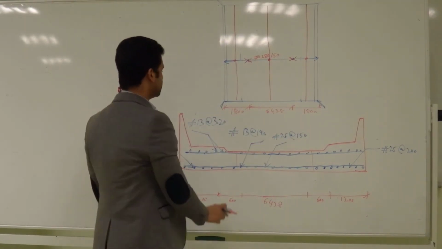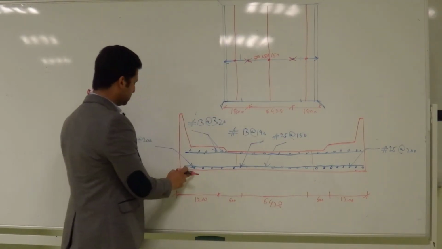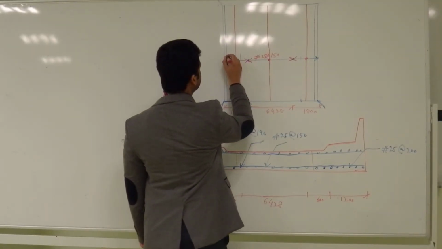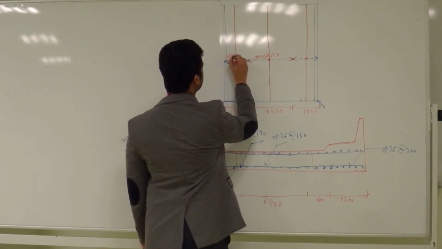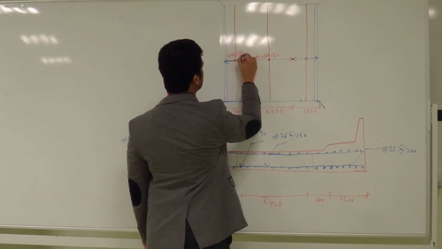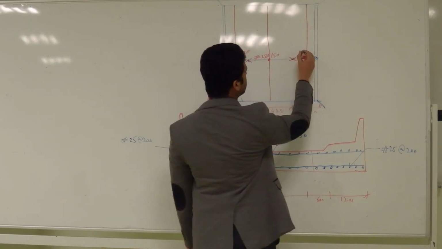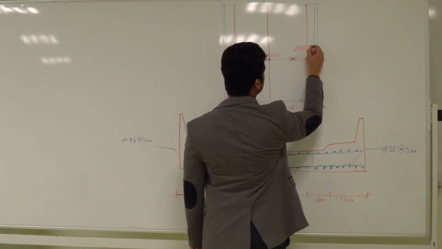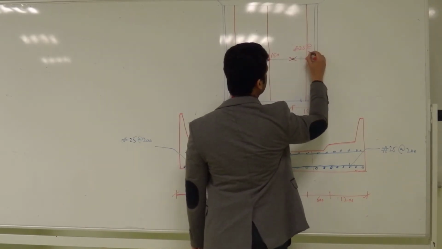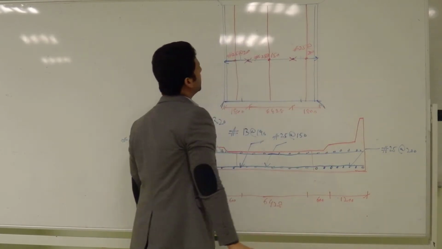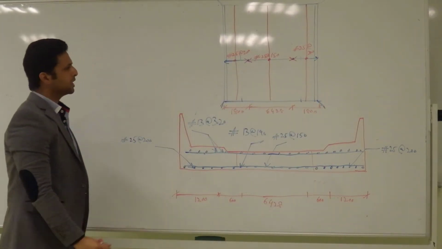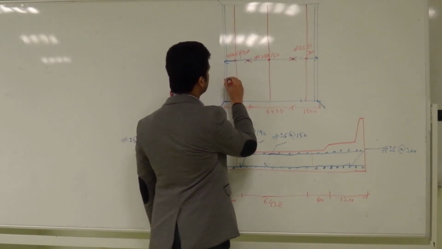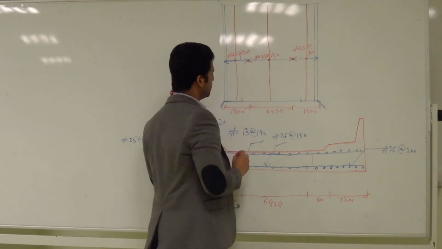So how much is this? Number 25 at the rate of. So this steel is number 25. This steel is also number 25 at the rate of 200. And now this is the bottom steel. Above this we have, above this steel